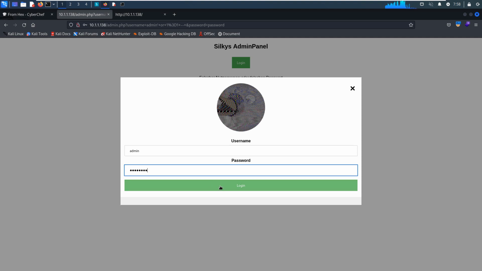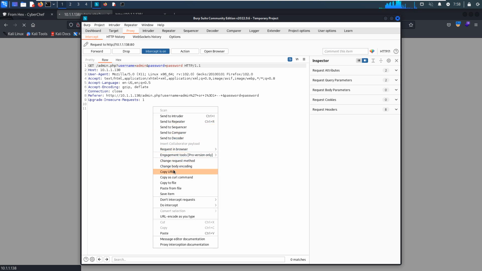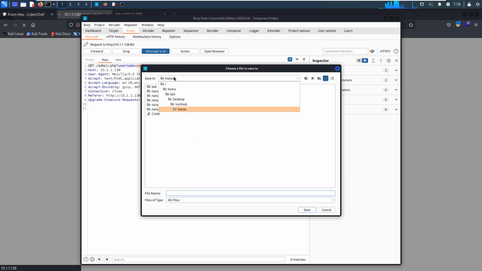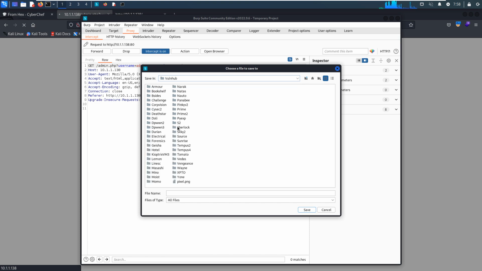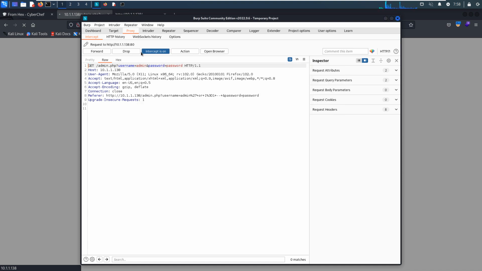Then we can click the login button, and we can save this request to a file, and we can navigate to our working directory, which is Silky2, and we can use any file name,